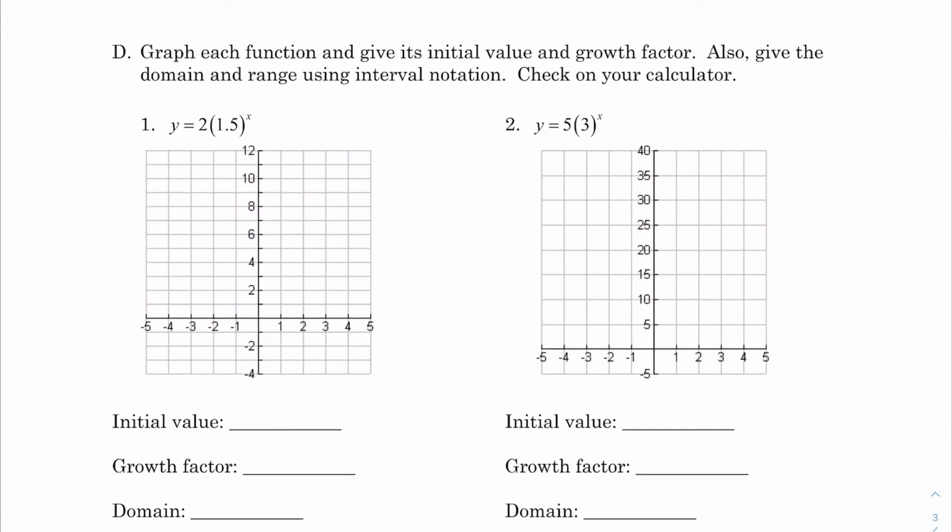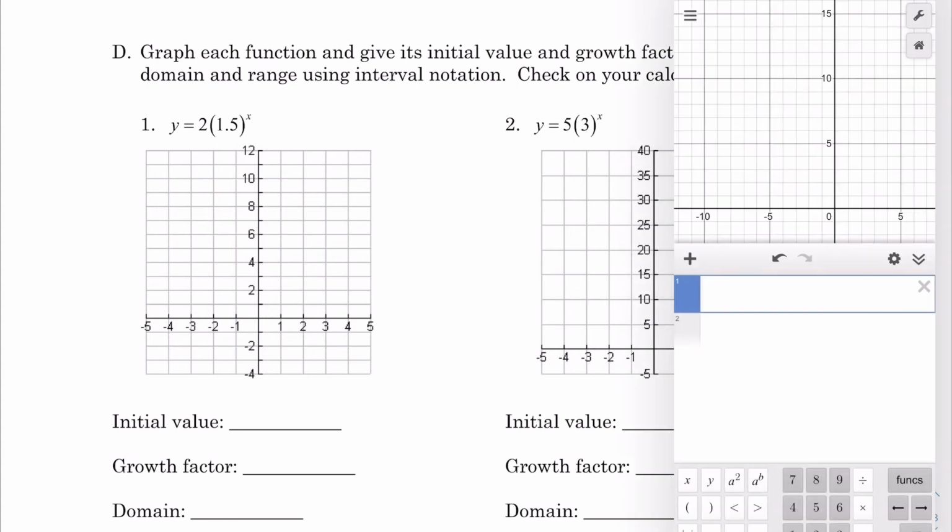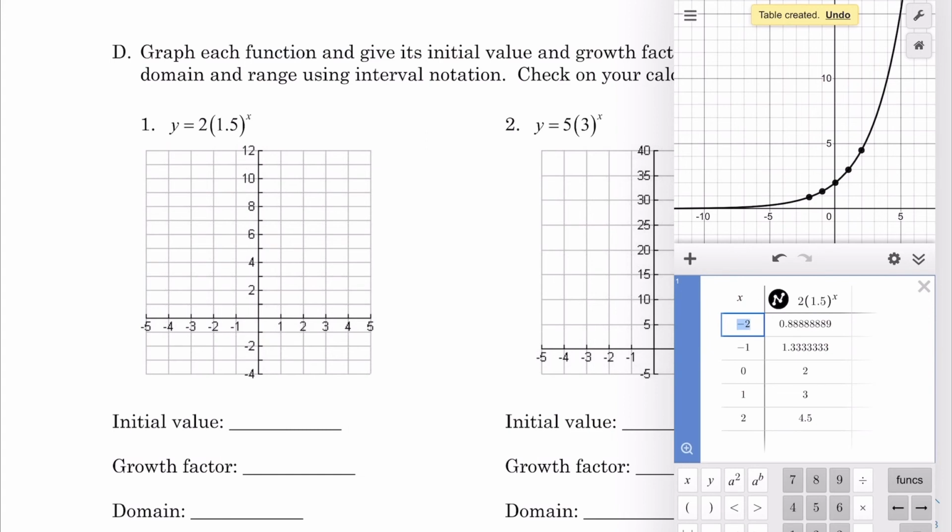In these next questions, we're going to graph them, and then we're going to convert it back to get the y-intercept and the growth factor and domain and range. So we'll type it into the calculator. To copy the graph from Desmos to my paper, I'll need to turn it into a table. That way we can see the specific numbers, and we can copy these good numbers, 1 with 3, 2 with 4.5,